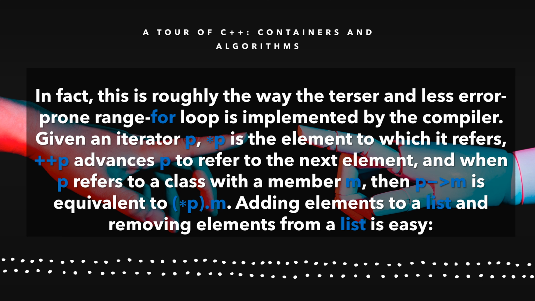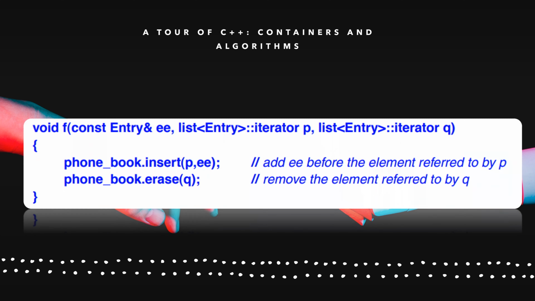Adding elements to a list and removing elements from a list is easy. void f(const Entry& ee, list<Entry>::iterator p, list<Entry>::iterator q) { phone_book.insert(p, ee); // add ee before the element referred to by p phone_book.erase(q); // remove the element referred to by q }